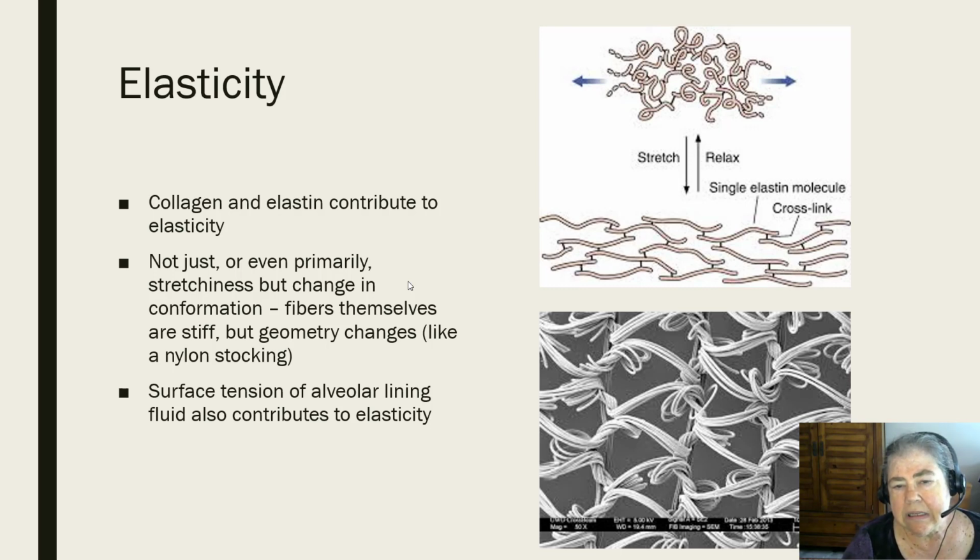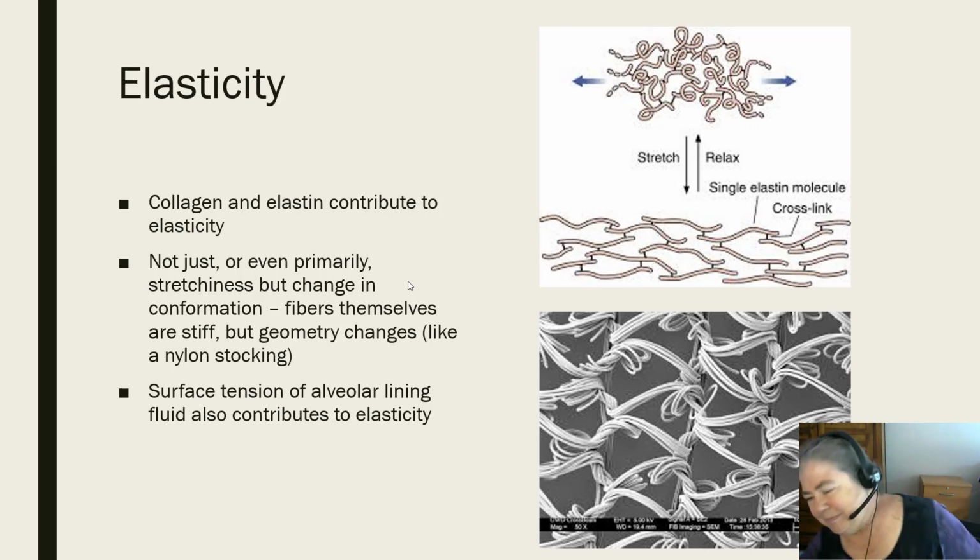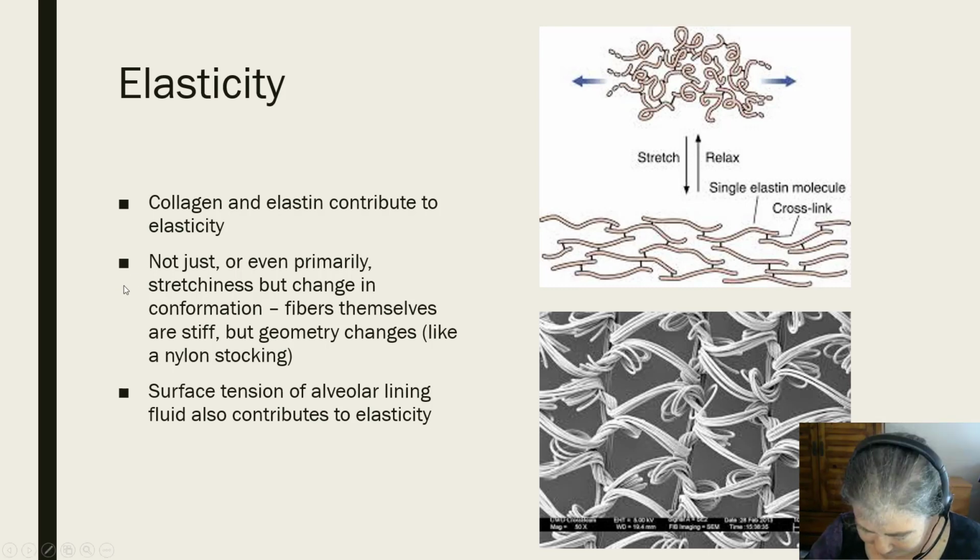In addition to the collagen and elastin fibers that are in that basement membrane made by the fibroblasts, and the type 1 alveolar cells, the structural cells, there is a substance called, in addition to the